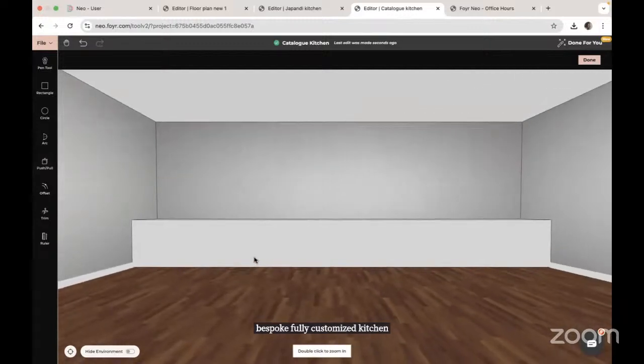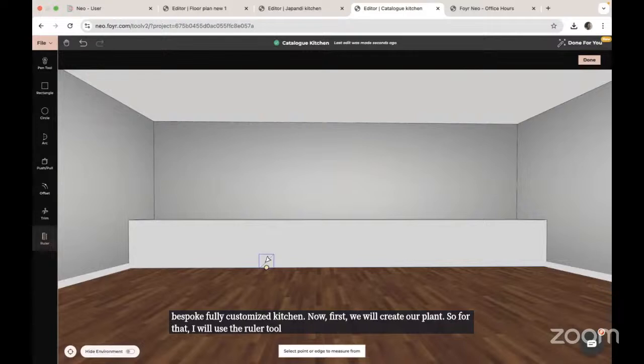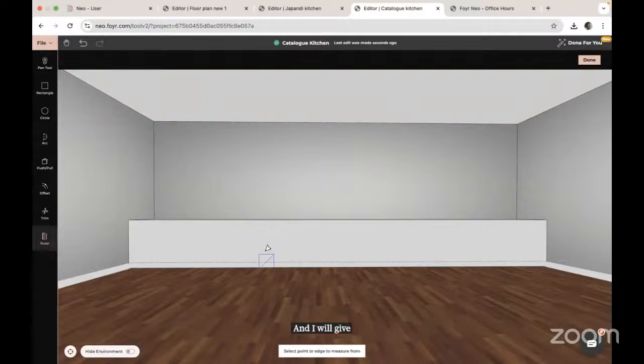Now, first, we will create our plinth. For that, I will use the ruler tool. I will start with the bottom and I will give dimensions for my plinth. And I will do my worktop